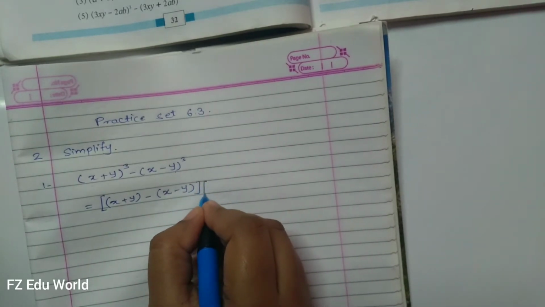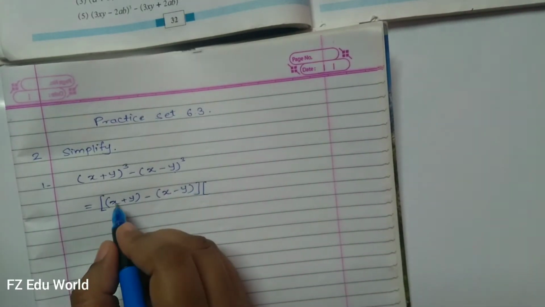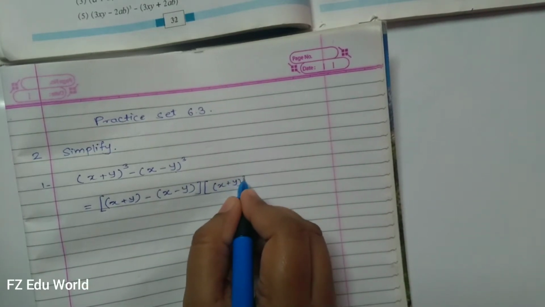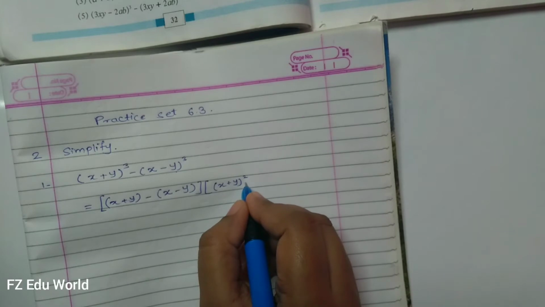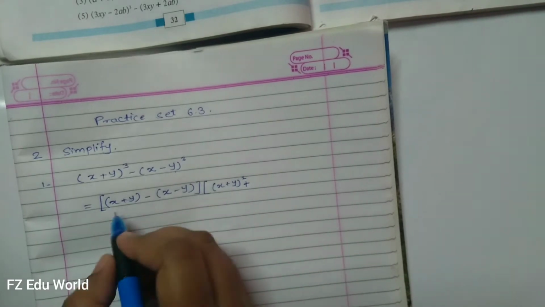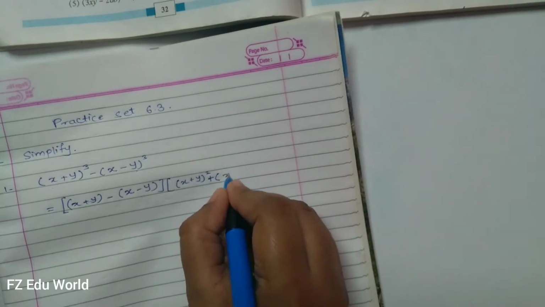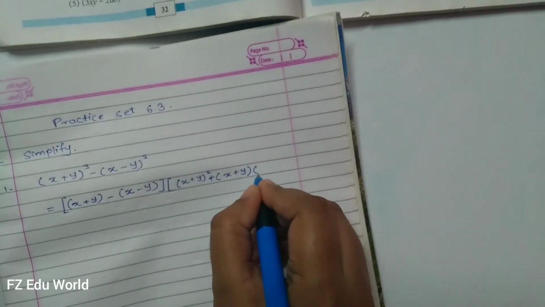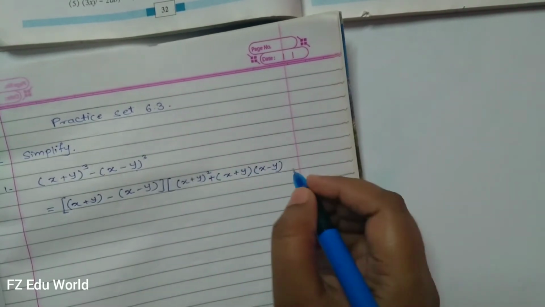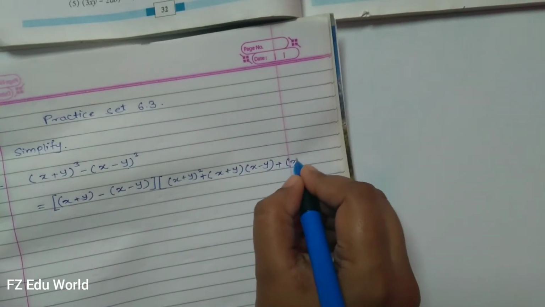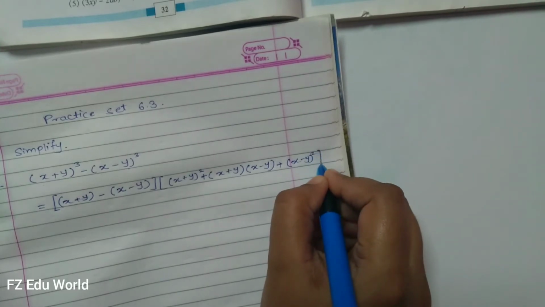In the second bracket we will write the first term's square, that is (x plus y) square, plus their multiplication, that is (x plus y)(x minus y),